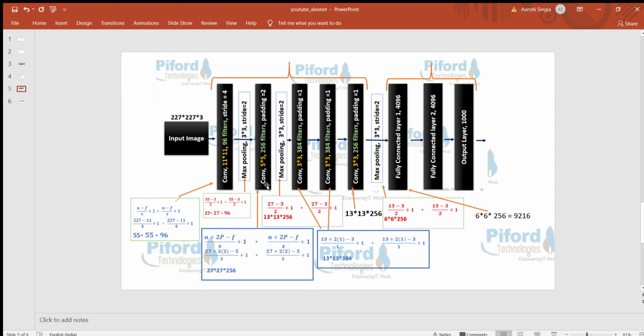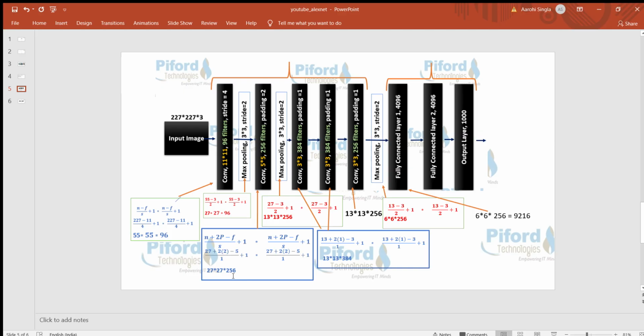Now, in the second convolutional layer, we are having padding, and the stride is not mentioned here, so that means the stride value is 1. This is the math for this particular layer. The formula is (n plus 2p minus f), because we are using padding in it. When you fill in all the values, you get 27 into 27 into 256 as output.